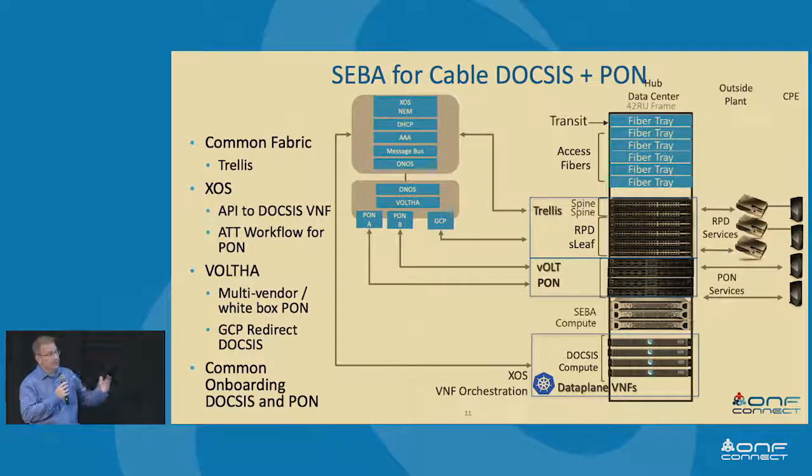But you could also say, well, look, I may have lower take rate or lower home pass capacity hubs in my network plant. And so maybe these, what CableLabs folks would term S-leaves, right? These leaf switches, maybe they're actually mixed mode operation. They're both PON and RPD service endpoints in the network. The big enabler here is that we're able to execute whatever the personality is of that port as a directed service graph by using the SEBA technology.